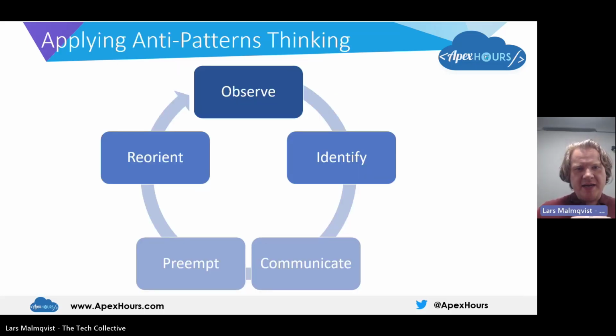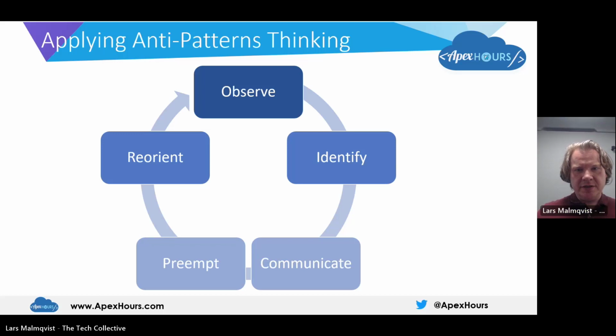So the way that I tend to think about bringing anti-patterns into your everyday architecture practice is using a particular process that I call anti-patterns thinking. It's a mindset where you continuously assess your Salesforce implementation to spot any kind of signs or smells that may indicate an anti-pattern. And by embracing this mindset, you will be more proactive around identifying and addressing Salesforce anti-patterns before they become